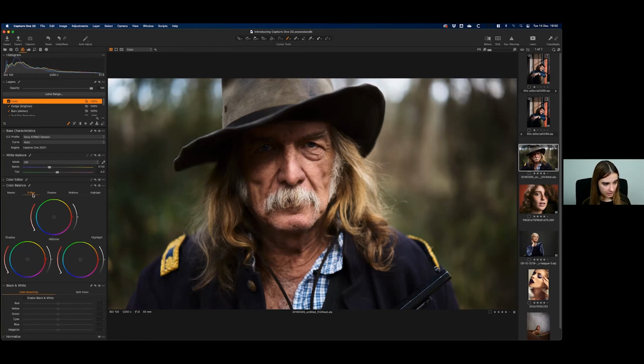So normally I start with the shadows. Let's just see how we would do this thing. There are all of these points here, and if I move them around, we're going to see how color grading is applied to the images. So what I normally like to do is adding a cooler tone in the shadows. We would just go right to the extreme of the circle, and that's going to be too much, but I'm just going to go around the circle and try to choose the color that looks better for our image. So something cooler like this